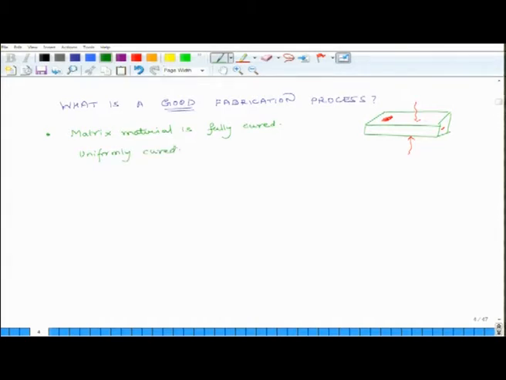So, these are related. The second thing is that fibers maintain their shape and orientation. Okay. They maintain their shape and orientation. What do I mean by that? Let us consider a case